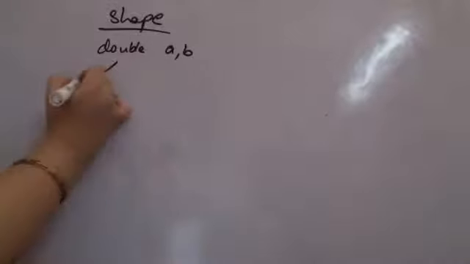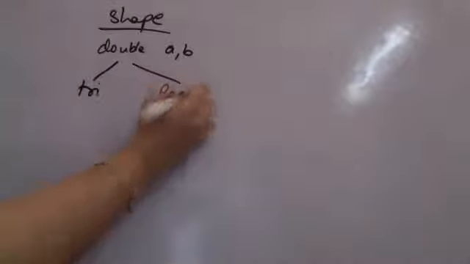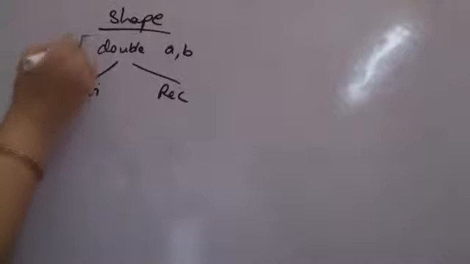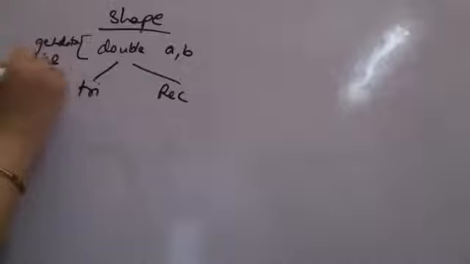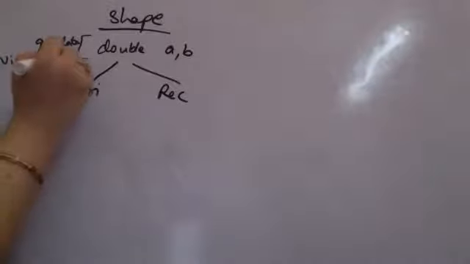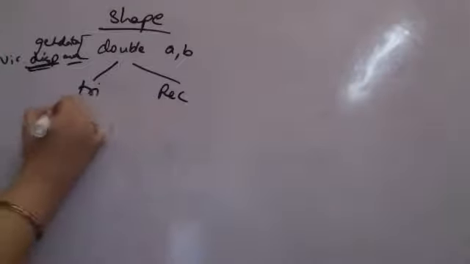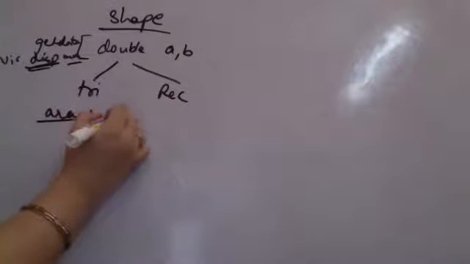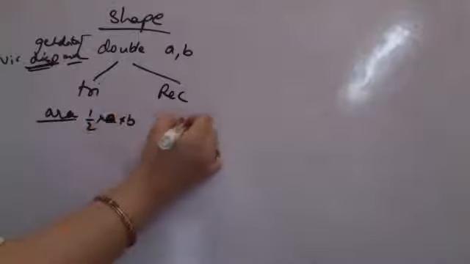We have to derive a class triangle and a class rectangle from this, and to the base class we add the functions get data and display area. Display area is a virtual function. This is what the question says, and the virtual function has to be used in both the classes to calculate the area, where the area for a triangle is half into A into B, and for a rectangle the area is A into B.